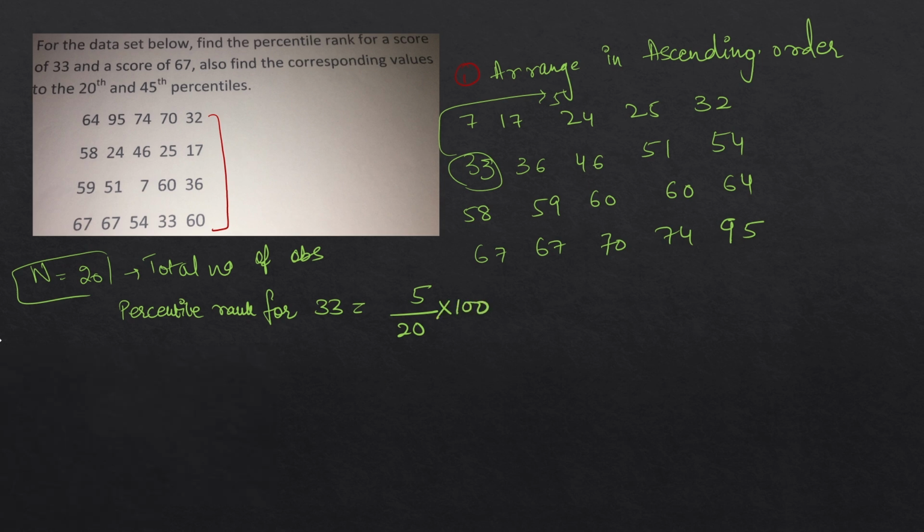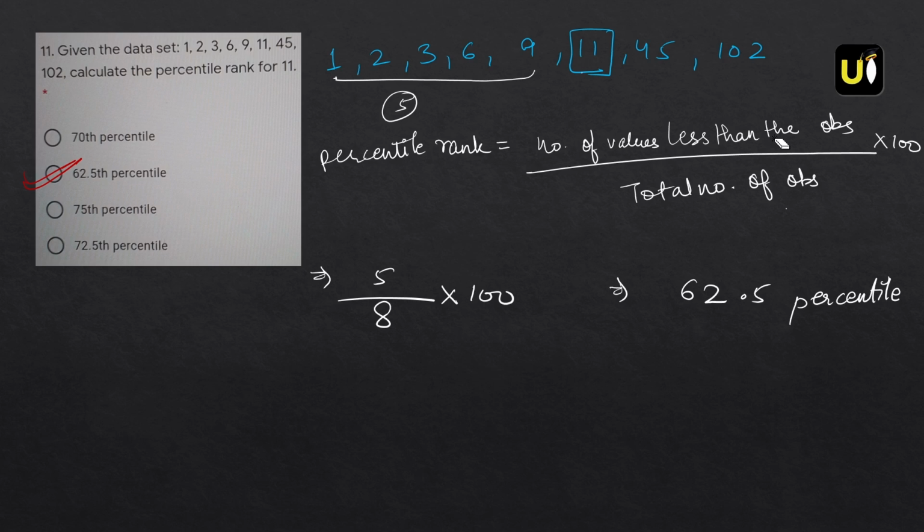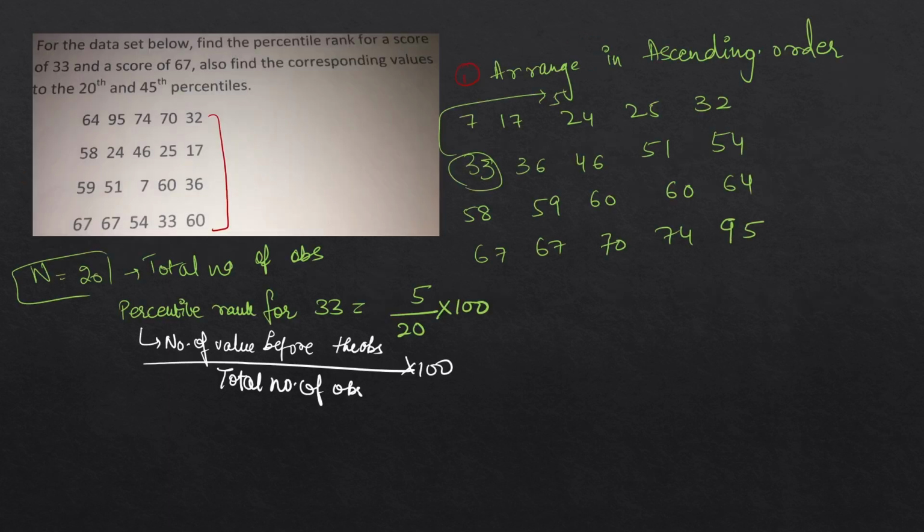As I have told earlier, percentile rank is equal to the number of values before the observation upon the total number of observations into 100. So you can just mark the values before the observation, so you don't get confused. So after solving, this would be 25. So this would be the 25th percentile. All right,